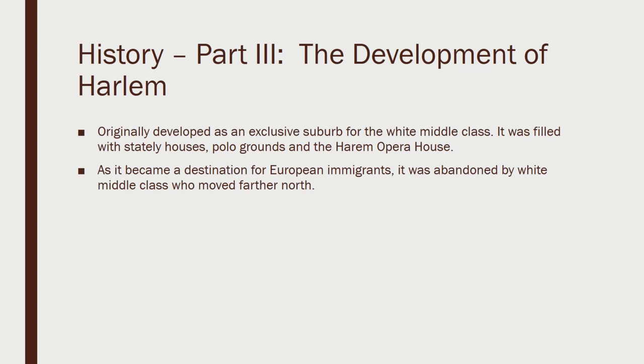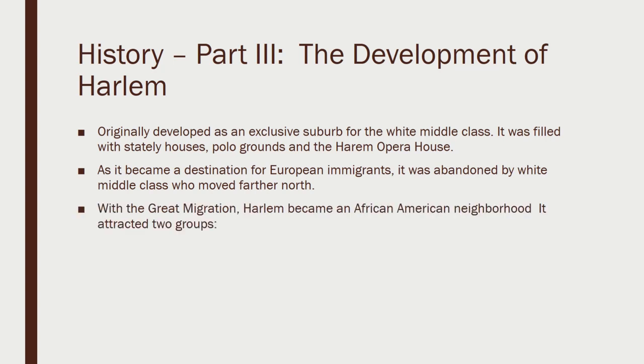As Irish and Italian immigrants, Russian immigrants came to the United States, they settled in Harlem. And so what happened was many of the white middle class people who had lived there continued to move on further north. With the Great Migration, many African Americans flocked to Harlem, and this really